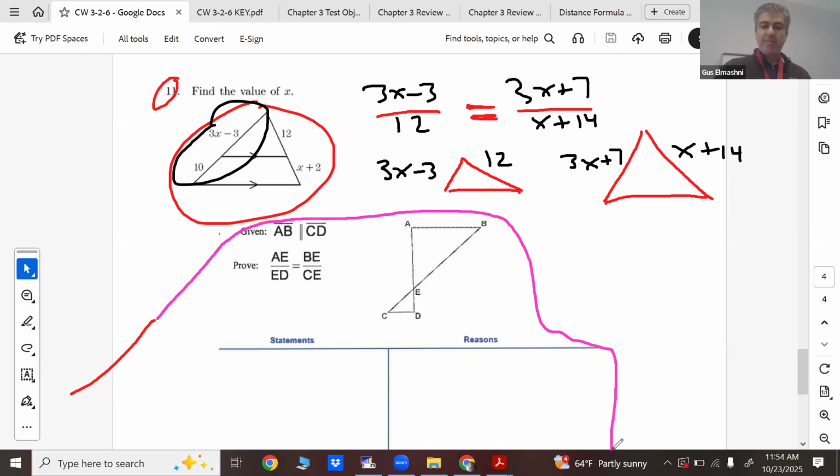We want you to practice the skill because you did it often in middle school and it's common in algebra too. So we have x squared and we have to factor a quadratic. I know what that is. So if I cross multiply, 3x minus 3, x plus 14,